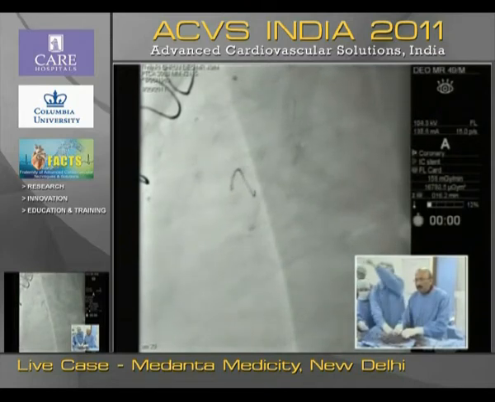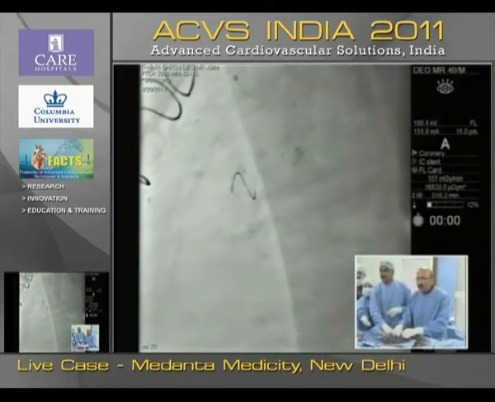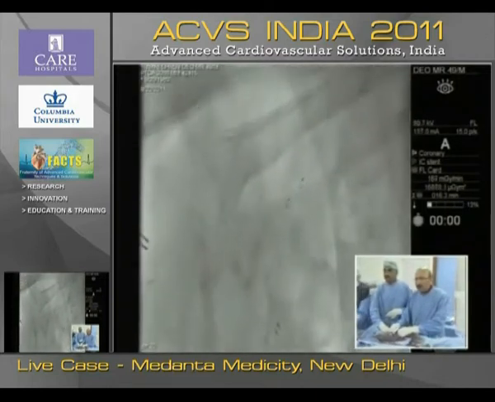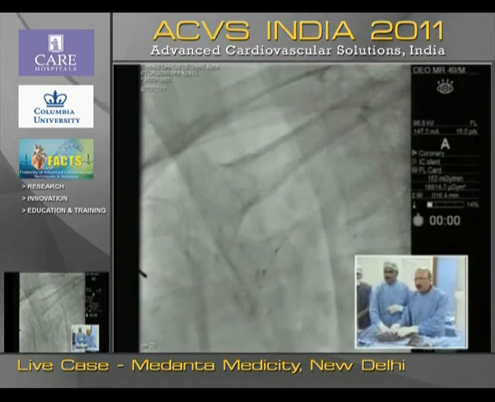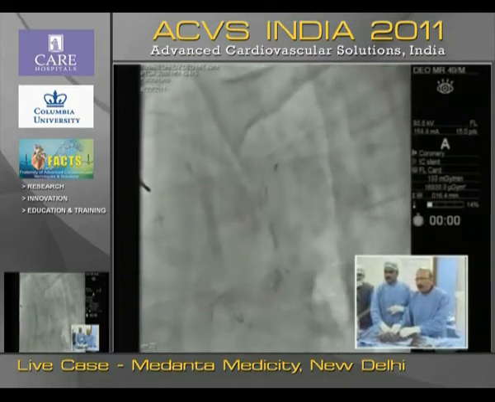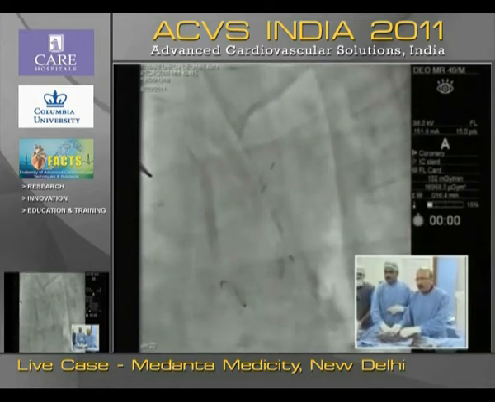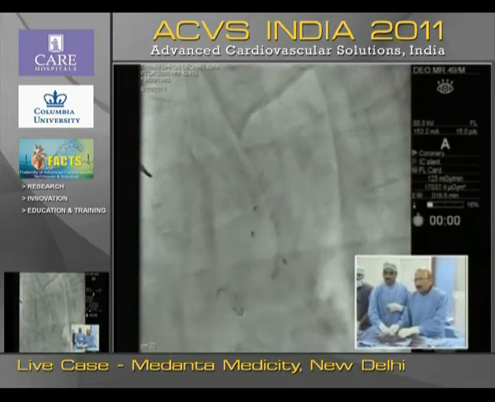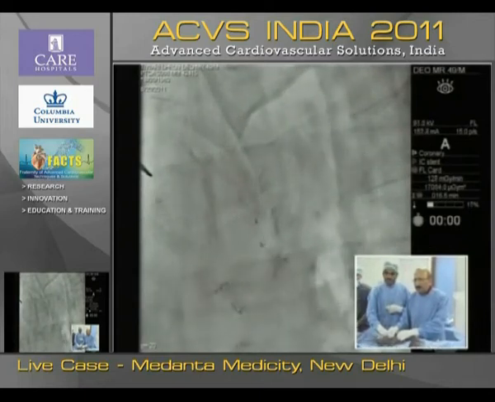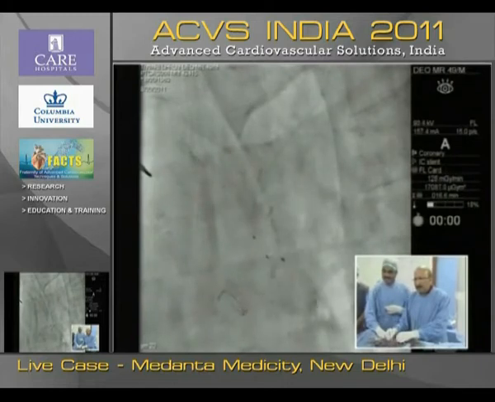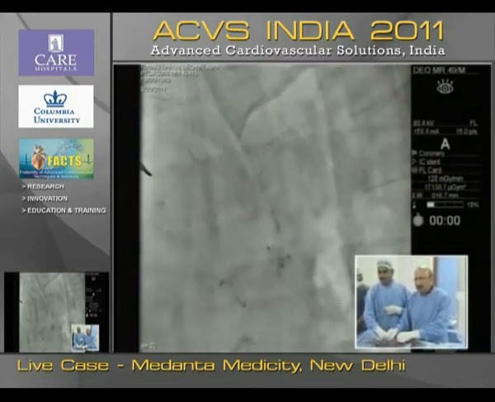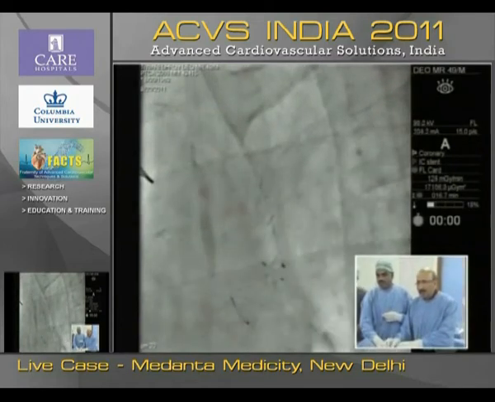Can we go up now to see the top end, because we have a small balloon up there to give some support. And we'll have to go very, very slow. You see how many tortuosities we have? By the way, what guiding catheter are you using? This is the RCA, six French. In fact, I have taken a 6 French because in case I have, oh my God, it's coming back.